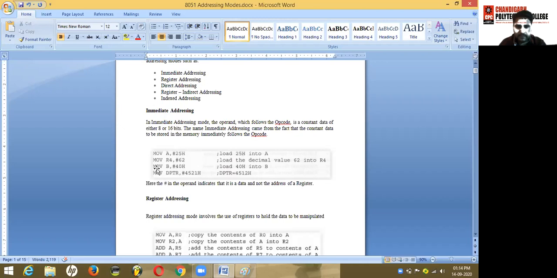Next example that we have taken, MOV B, #40h. Instead of the accumulator or any one of the registers, you can also take another register like the B register. Here 40h is the immediate data, that is 40 in hexadecimal notation. You are going to move it into the B register. Another example in this addressing mode, we have used MOV DPTR, that is the data pointer, comma hash